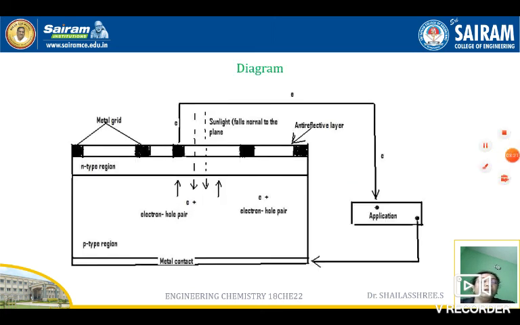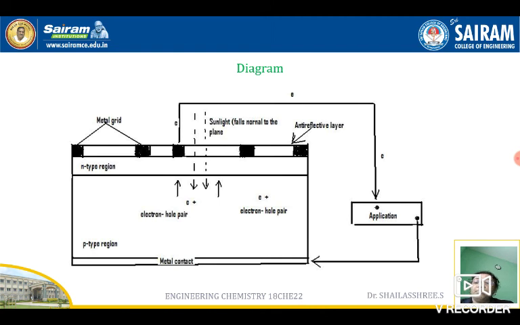This is about the diagram. See, in the diagram it is very clear. There will be two metal connections in the solar cell: one at the top, a metal grid, and at the bottom of the solar cell a metal layer. These two layers are internally electrically connected, and connected to a device like a battery to store the electrical energy, and at the center there is a PN junction.